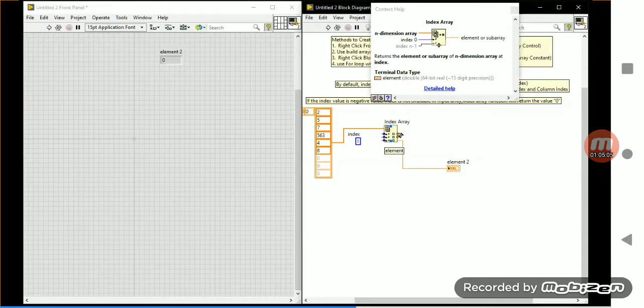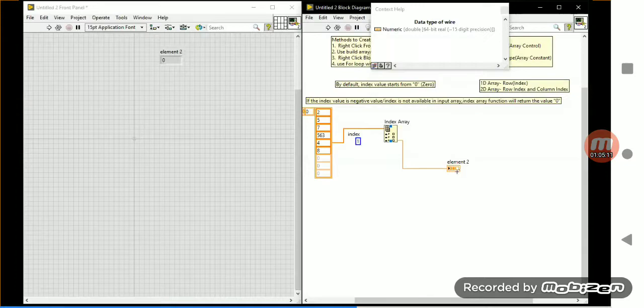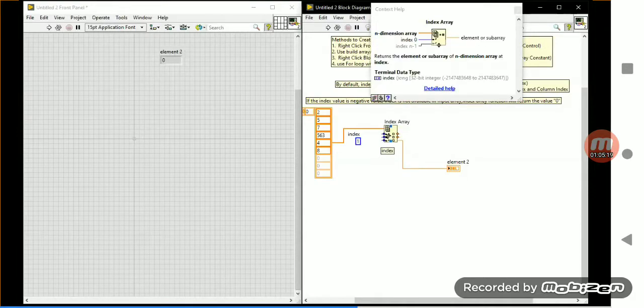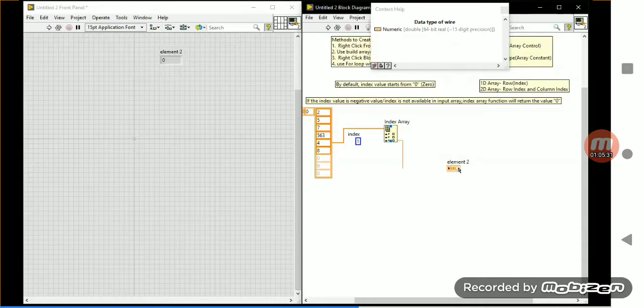Means we know the index value 0 will be taken over there, okay? But in this place, I asked what value will be returned by element 2. So what is the value it will return? Value 7 will return, okay? Why is the value 7? Here the index wire is not connected, that's why this index value will be 0 here, this index value will be 1, and this index value will be 2, okay? And I am asking here only, that's why it will return the value 7, okay?